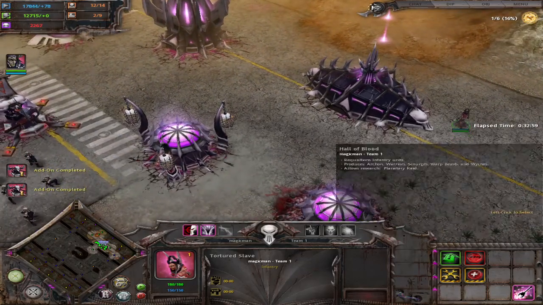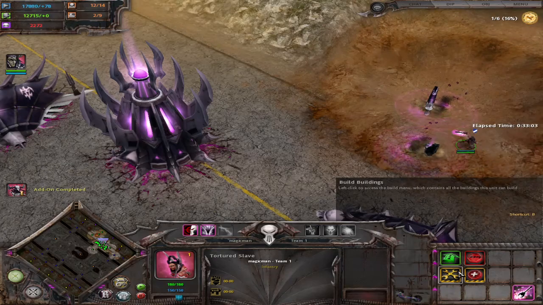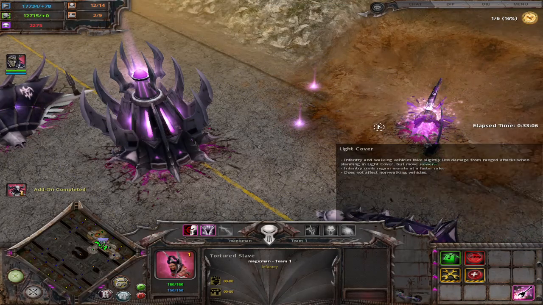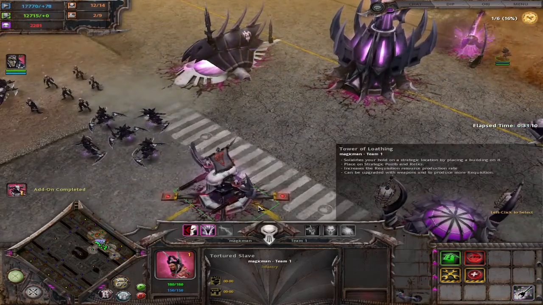There's not gonna be any gameplay in this walkthrough, because I already have a lot of gameplay up and running. So these buildings here will teleport. Alright,